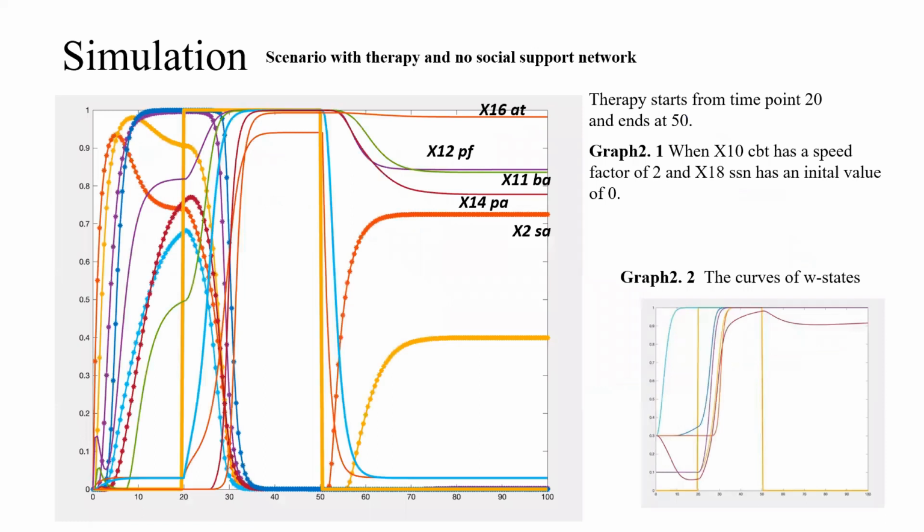And this orange line here is kind of thicker, so you can tell the therapy starts from the time point 20 and ends at 50. And therapy does, like these lines with flowers, they are the lines from the negative pathway. So you can see they decrease largely during the therapy. And these lines without flowers, this one is the positive focus, and the green one is the broader attention. So what it helps is